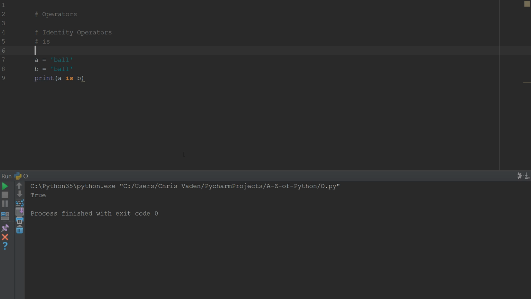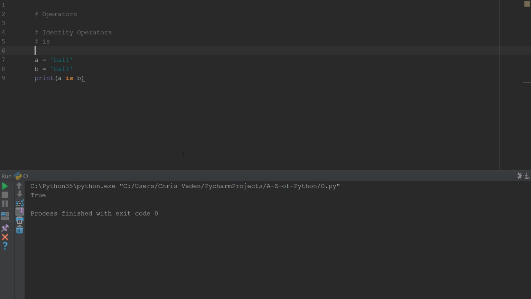Intuitively, you would think, well, they have the same content, but they're different variables, so they're not the same object. They have the same contents, but they're two different names, right? Well, not in Python. If you do a string literal, meaning you assign a variable to a string by typing it out, they don't create two separate